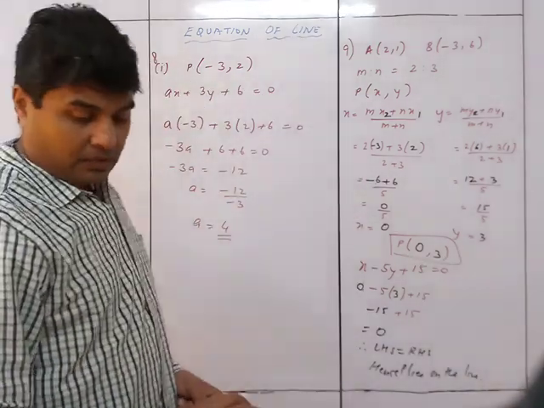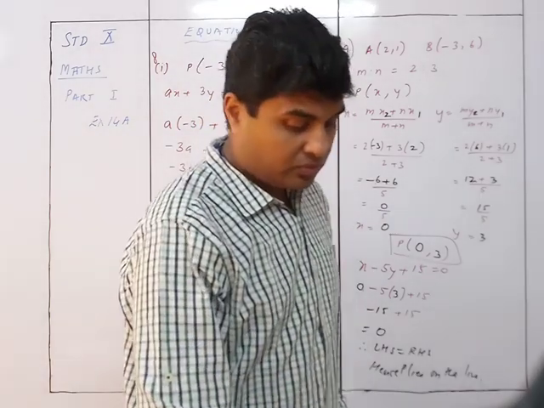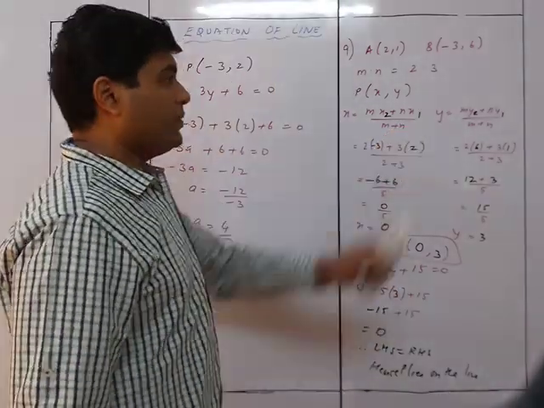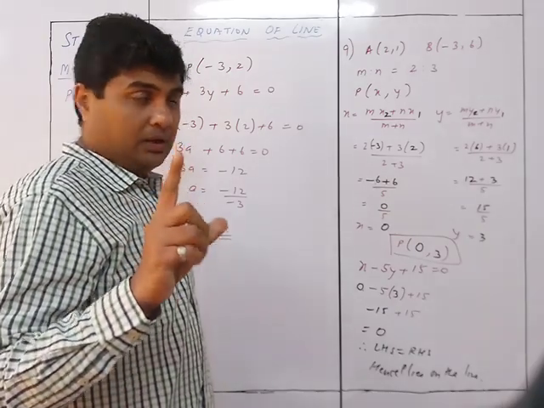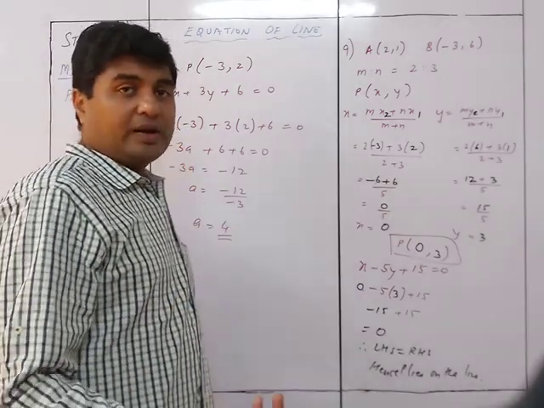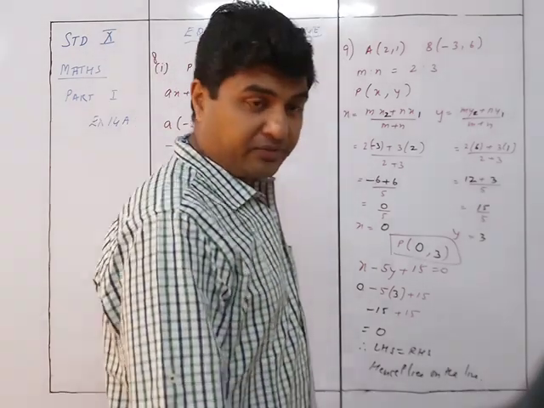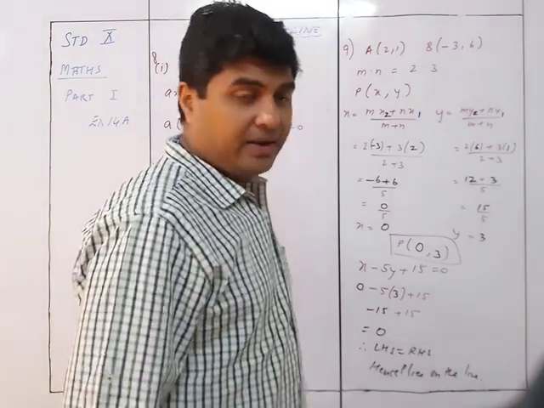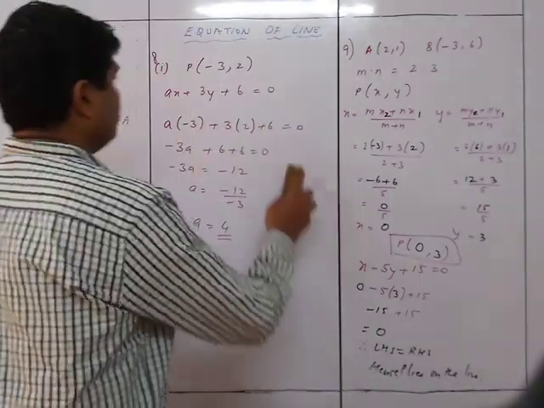Got it? Yeah, a big mistake from my side. I wrote the formula wrong. I interchanged the x2 and y1. So you can see the importance of the formula. You may not even come to know that you had made a mistake. Right? So yeah, a big mistake from my side. I did not write the formula properly. So we now come to sum number 11.